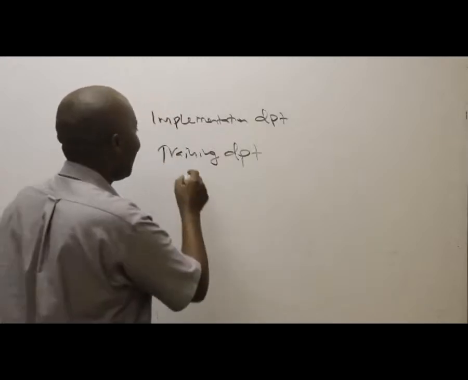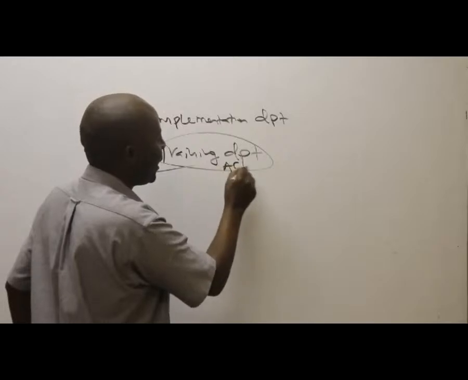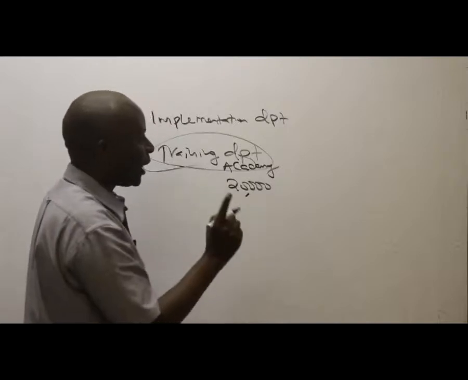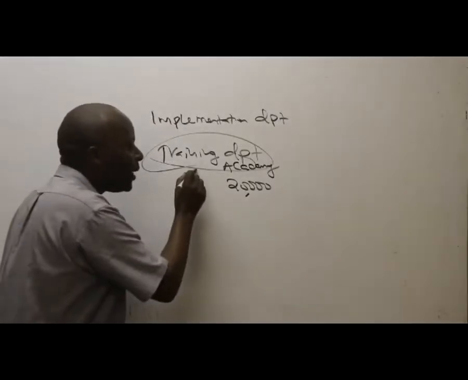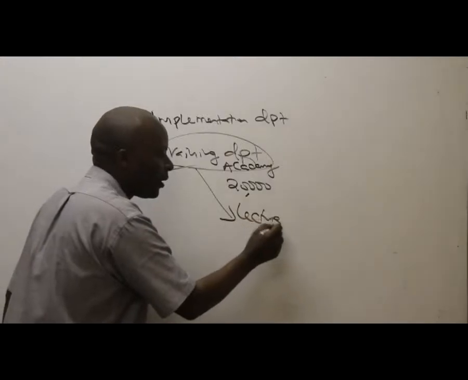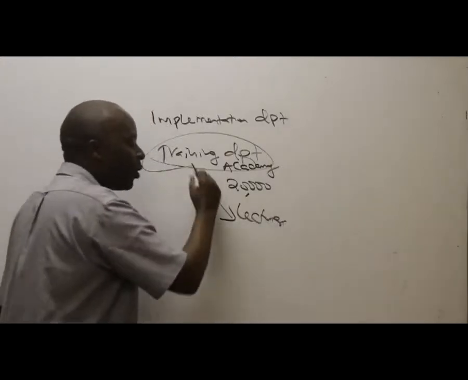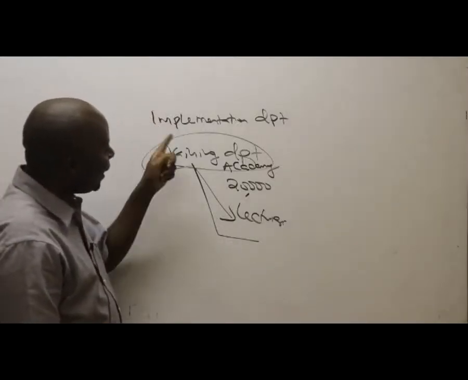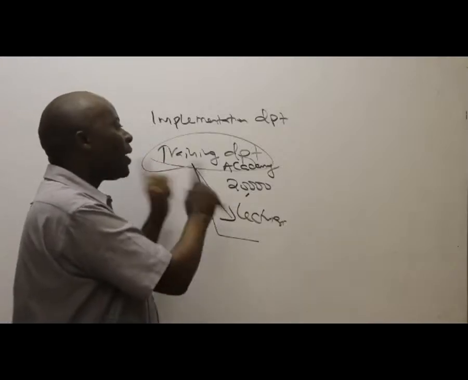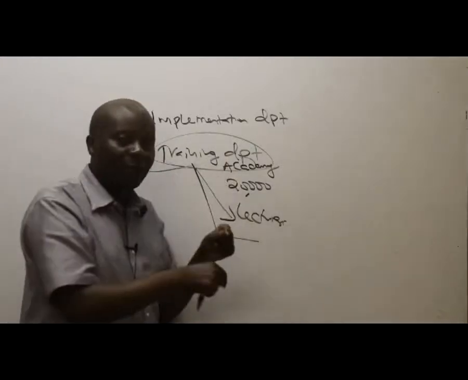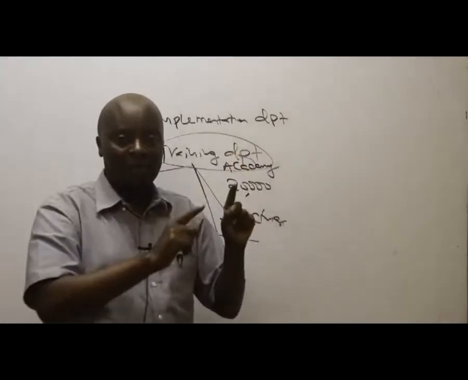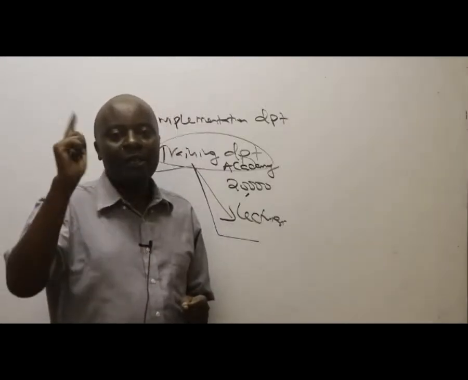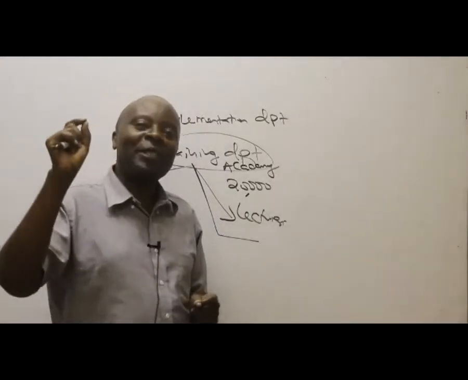So our training department, ladies and gentlemen, which is the academy here, will come and charge like 20,000 per person. In this academy, I have my own lecturers, paying salaries. I have my own expenses. I'm developing standards, etc. What I would want you to appreciate is that every time I want to raise any resources for my department, I have to do a budget for this department. I have to present my budget to the chief decision maker, who is the CEO. The chief decision maker could be the board of directors.